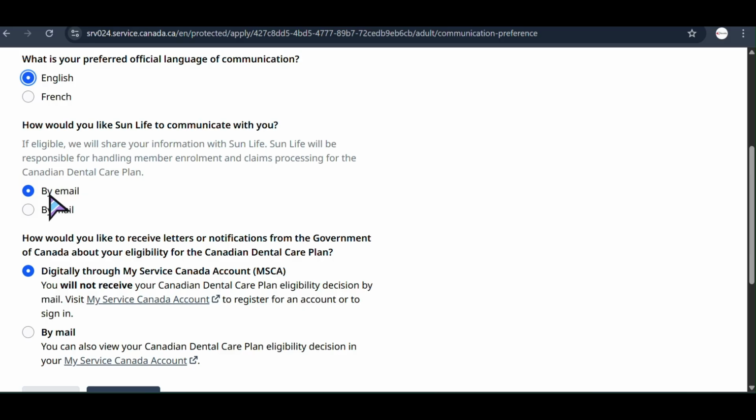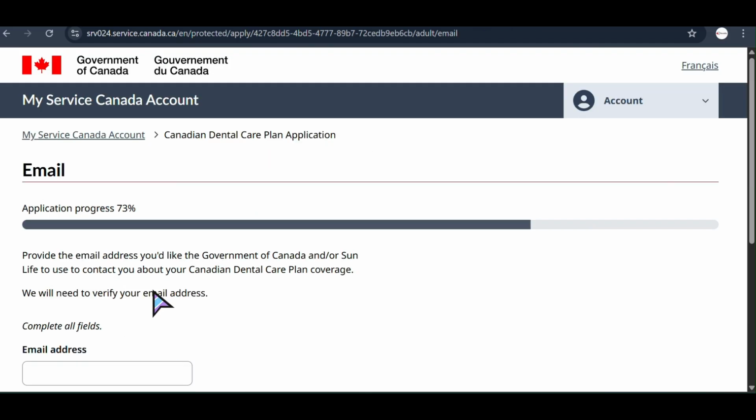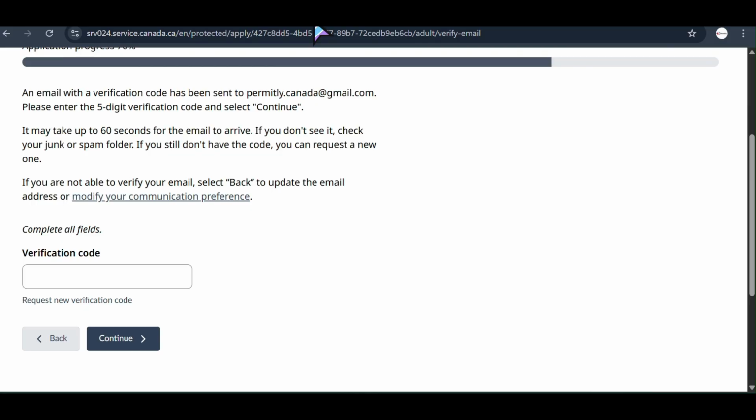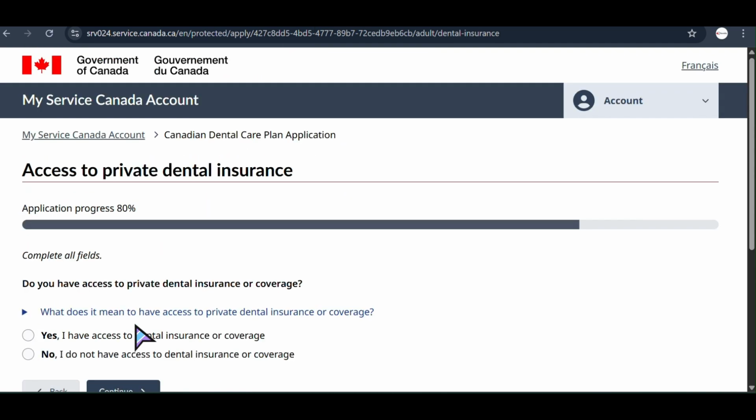So I'm gonna just say online, and then I'm gonna fill my email address here. So when you fill your verification code here, once you fill your verification code here,